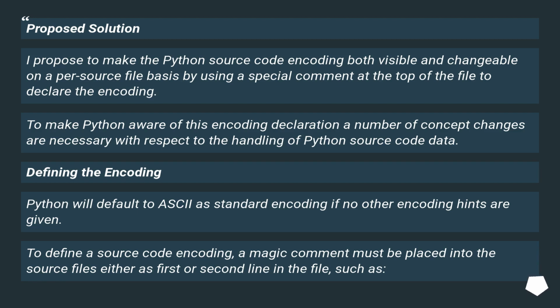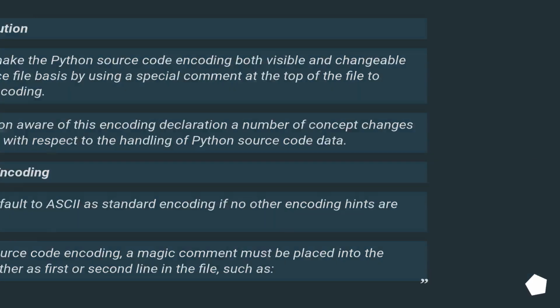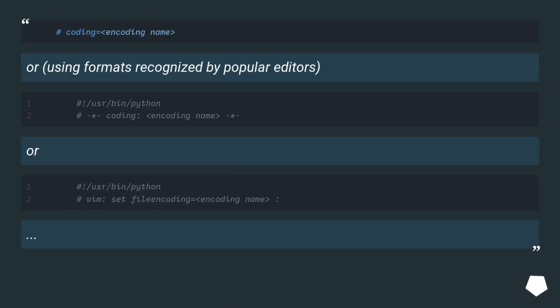To define a source code encoding, a magic comment must be placed into the source files either as first or second line in the file, such as or, using formats recognized by popular editors, or